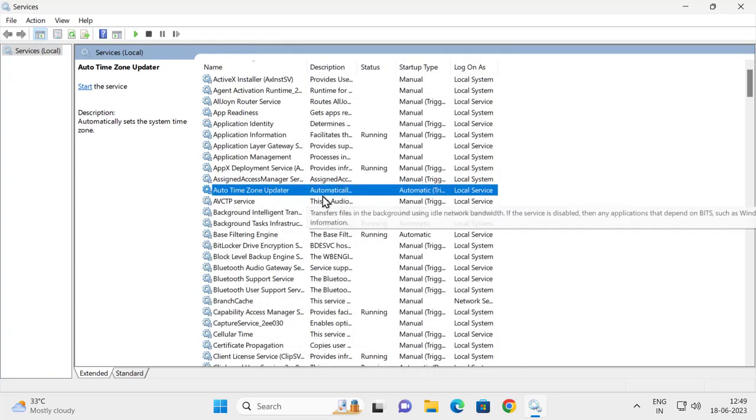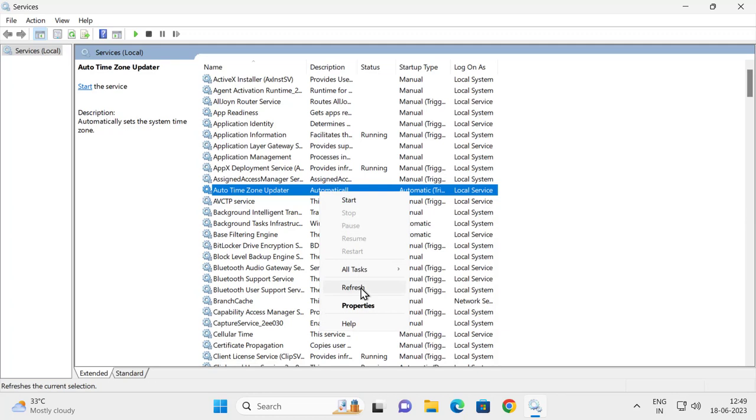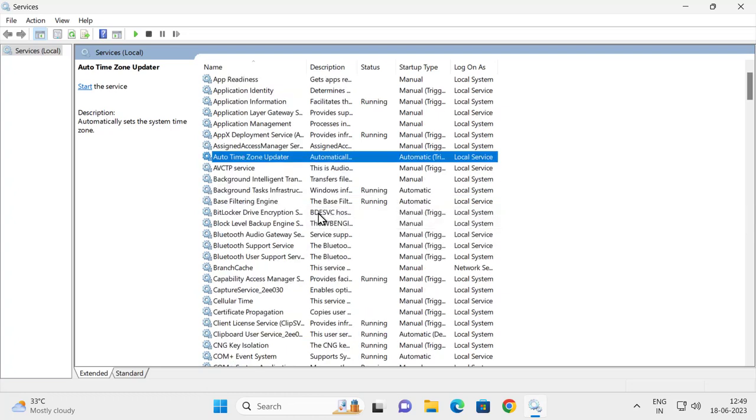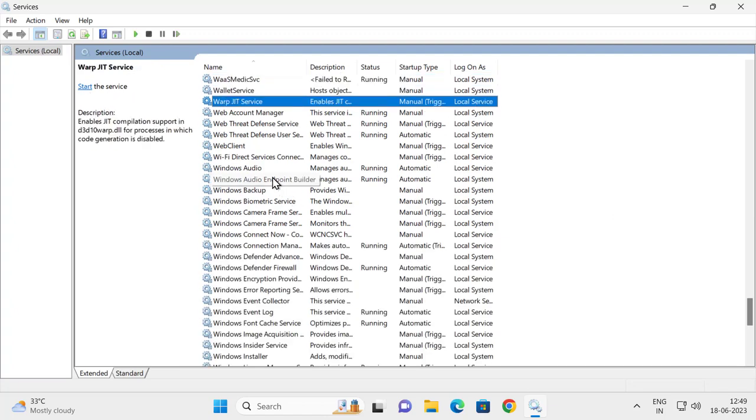Right click on it and select restart. If you're not having restart available, select refresh and search for another service, guys. Windows time,